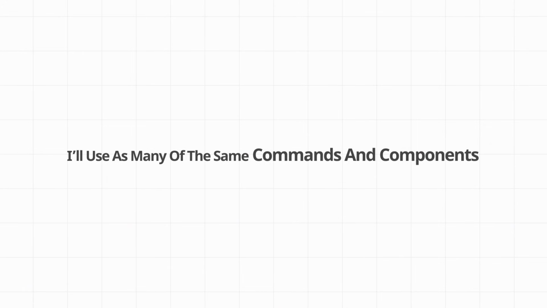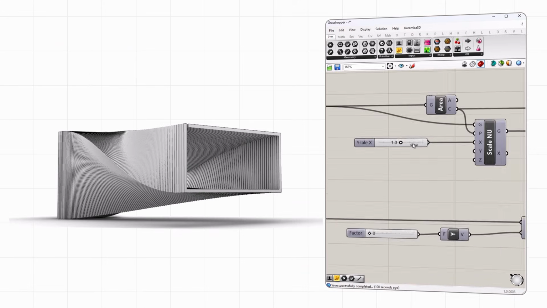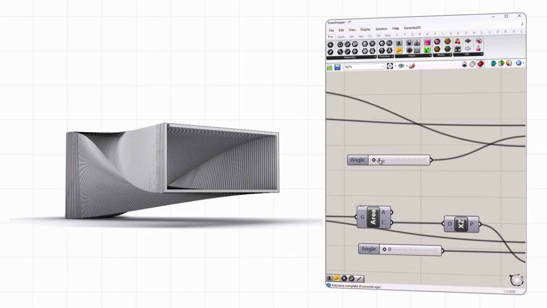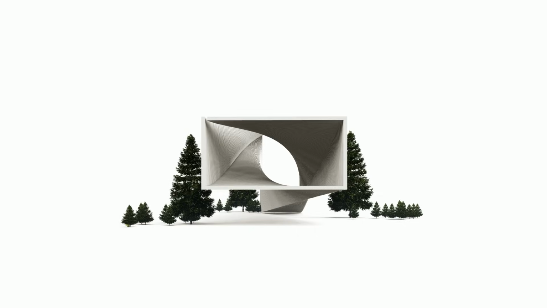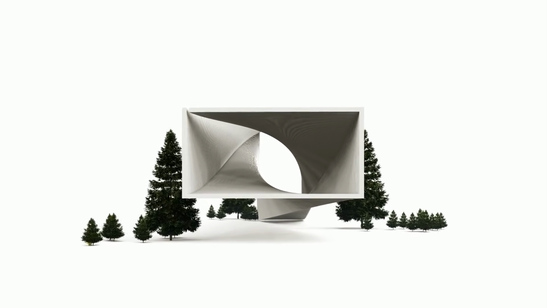In this video, I'll use as many of the same commands and components we've covered in the previous episodes as possible. Naturally, there are a few new components as well, and you'll learn how to use them right in the context of this project. It's natural that the first parts of any course, especially the basics, can feel a bit dry, but from here on, the course will get more engaging and give you a more hands-on experience with parametric